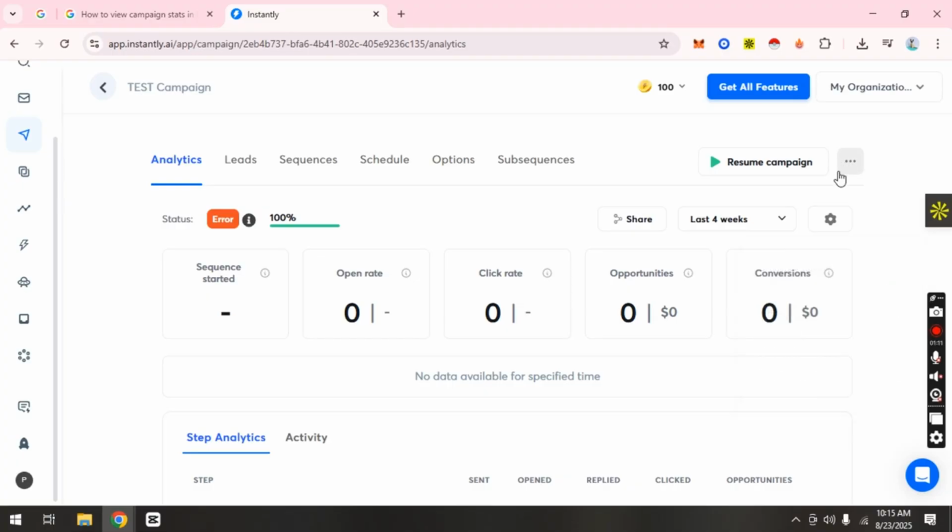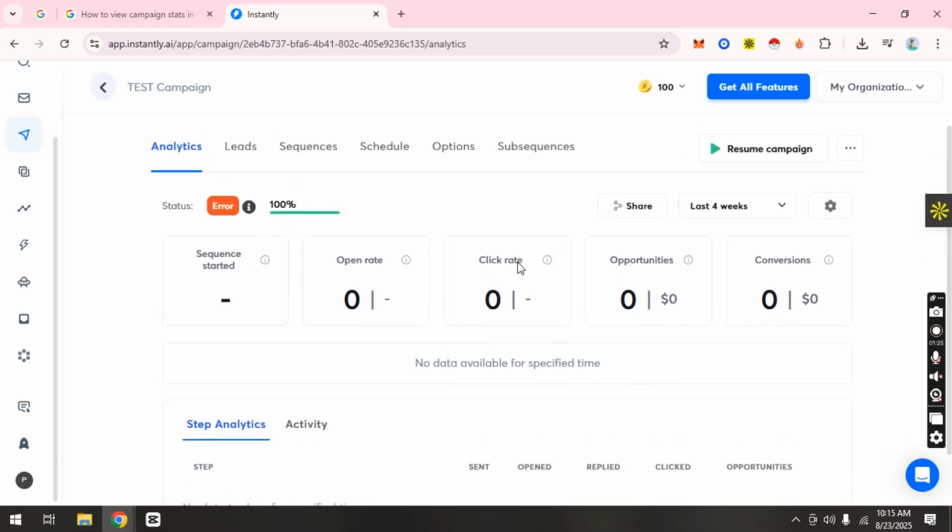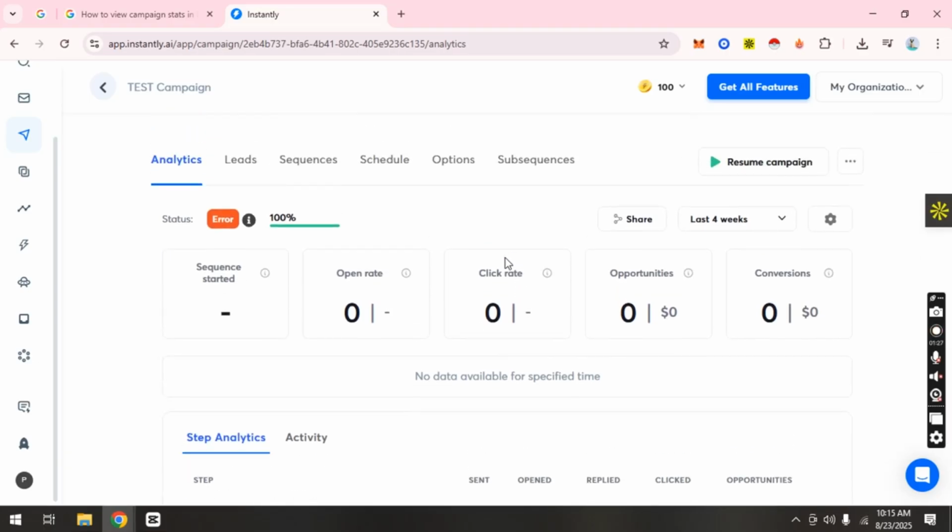If you notice high open rates but low replies, it might mean your subject lines are strong, but your message needs refining. On the other hand, if bounce rates are high, that's a sign your list needs cleaning or your sending domains need better authentication. By regularly reviewing these stats, you can quickly identify weak points, test new approaches, and optimize